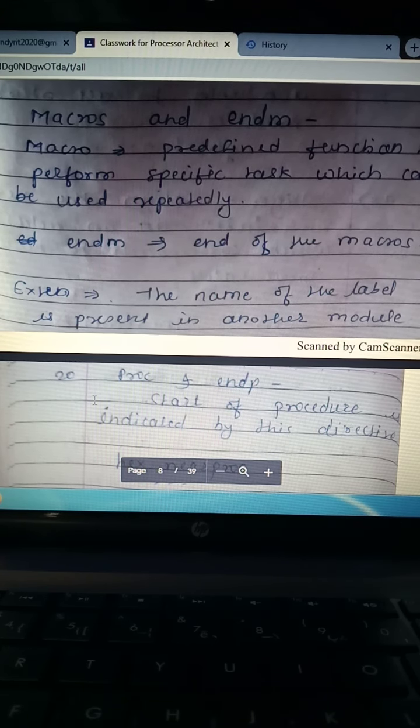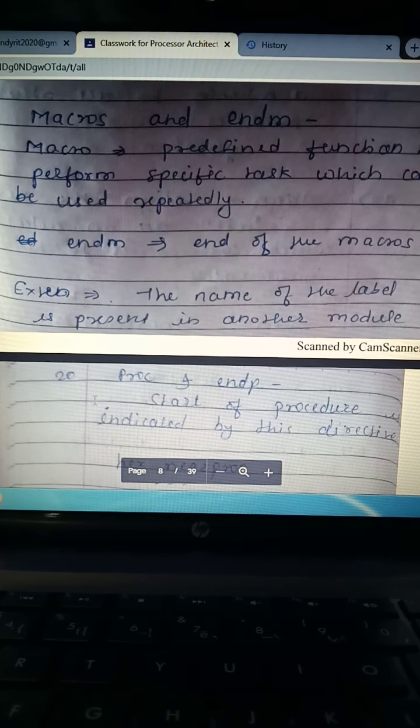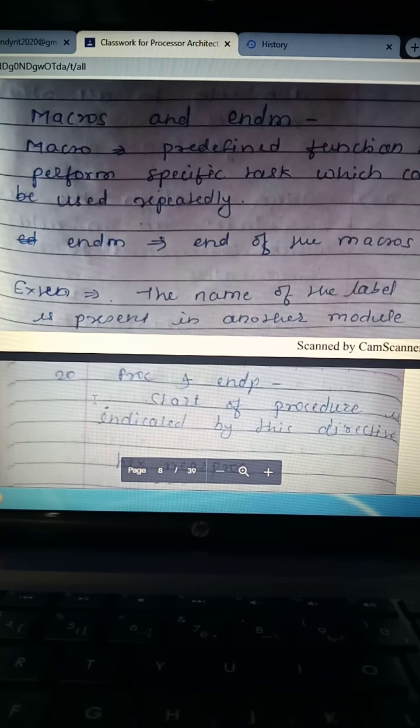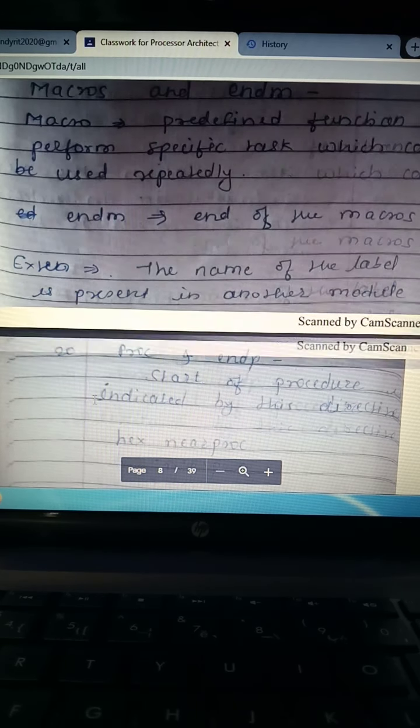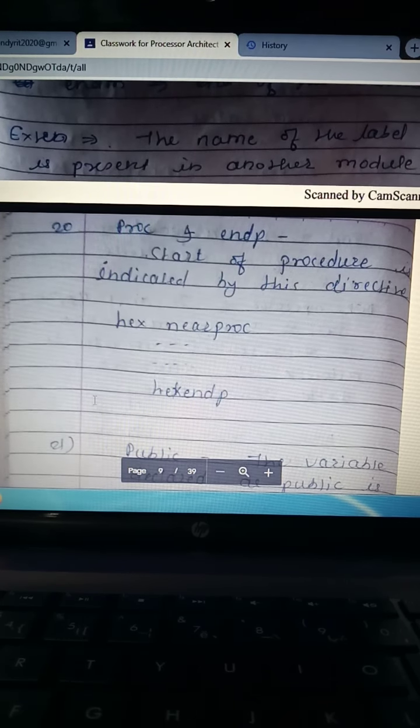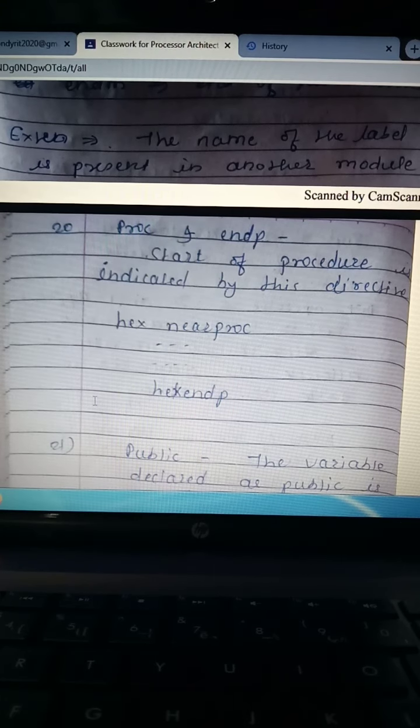We need to use the MACRO directive to define a macro, and to show the ending of the macro we need to use the directive ENDM. Next is the EXTRN directive. If the name of the label is present in another module, then the EXTRN, that is the extern directive, is used. Basically, for a procedure in another module, the extern directive is used.